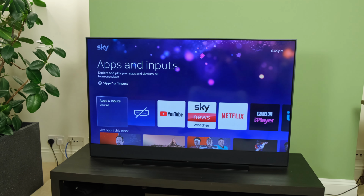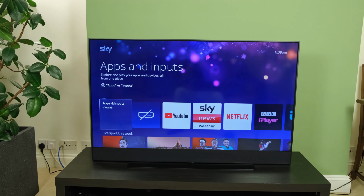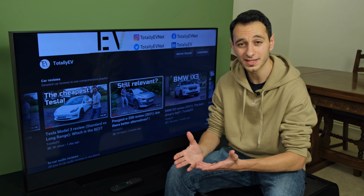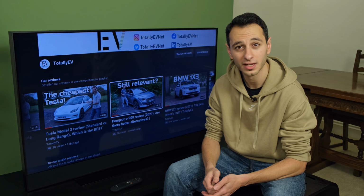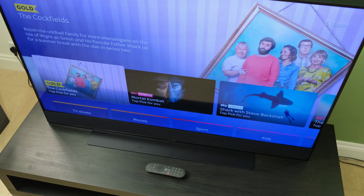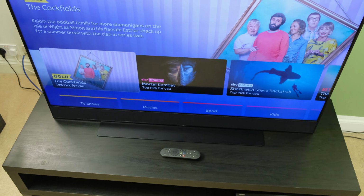Now, what I should point out over here is that Sky is offering any of its contracts with a 0% interest. And here it means that you can pay it off over time. But there are some people out there who just want to buy it outright. And here you can buy the 43-inch for £649. You can buy the 55-inch for £849, and you can buy this 65-inch for £1,049. So it really depends as to what type of subscription and or plan you're looking for, or indeed how much